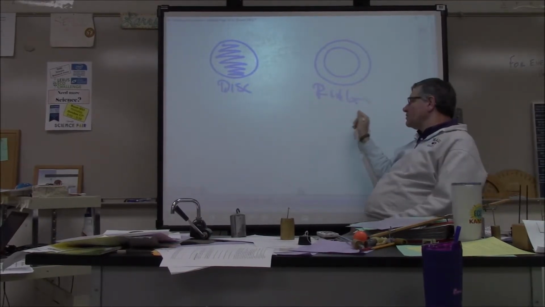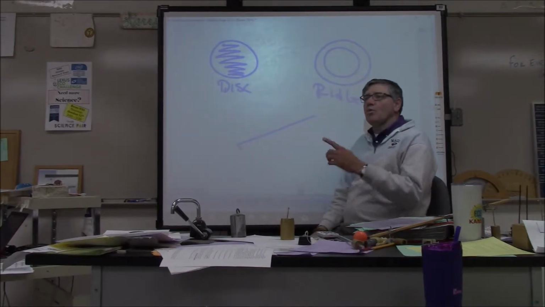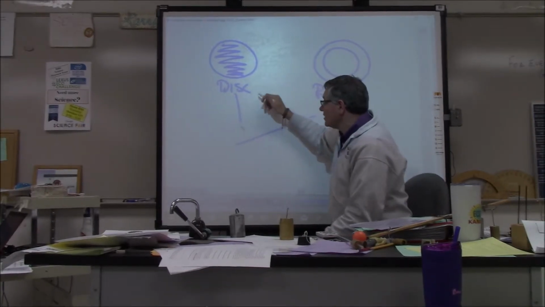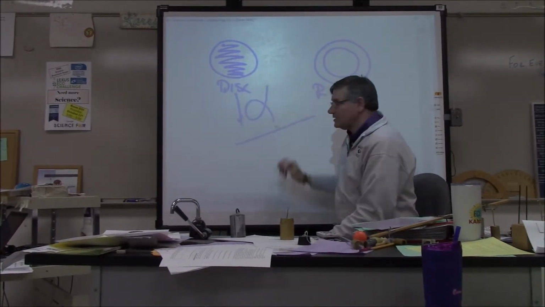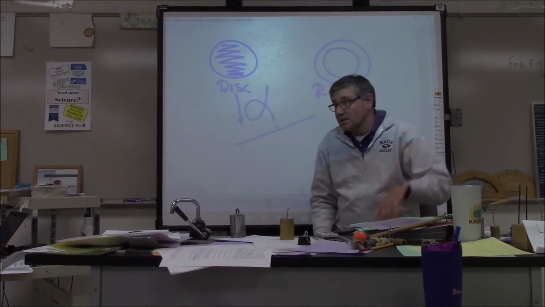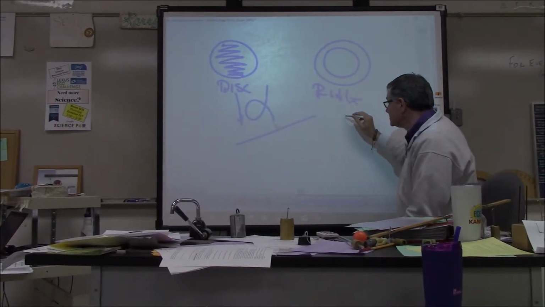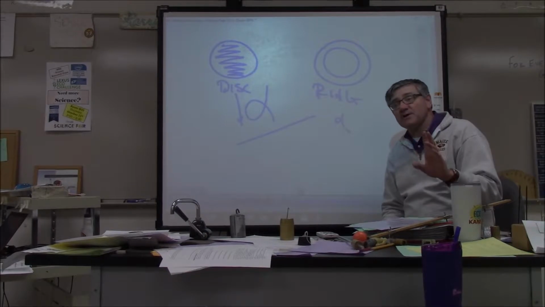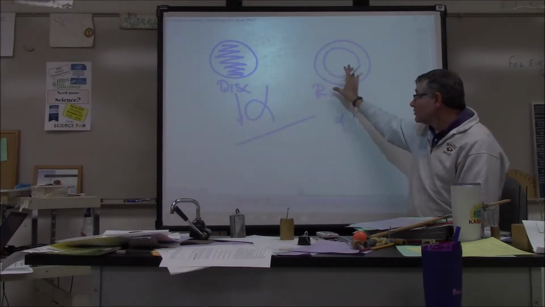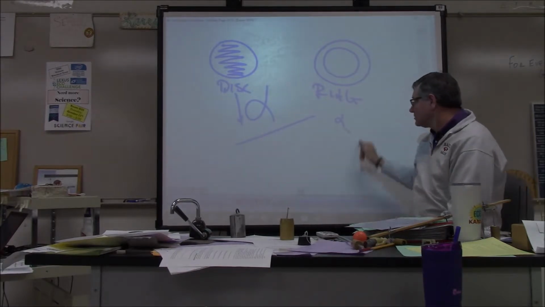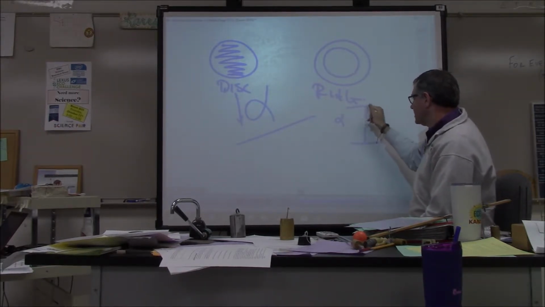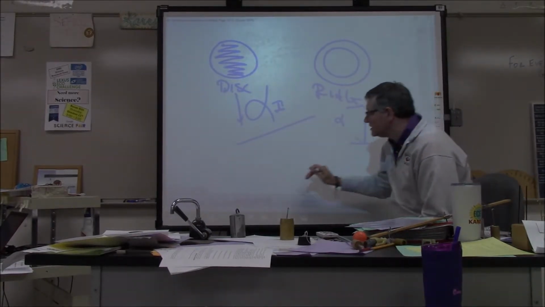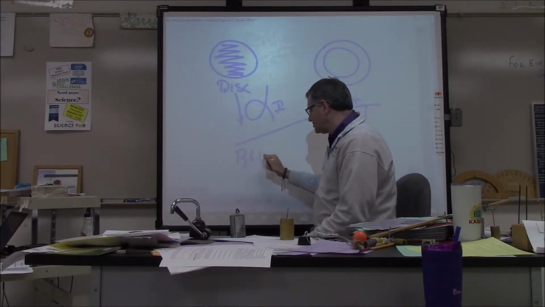Here's the deal. When we set them on the inclined plane, which one made it down first? The disc or the ring? The disc did. So that one underwent a larger angular acceleration. So this had a bigger alpha, this one had a smaller alpha. Now, which one had the bigger moment of inertia? The ring or the disc? The ring. This one had a bigger I, this one had a smaller I. So here's how you remember this: